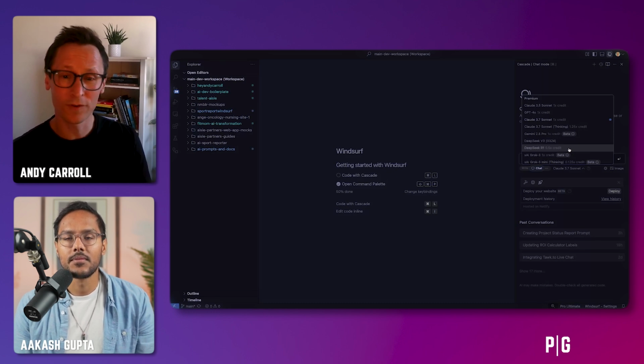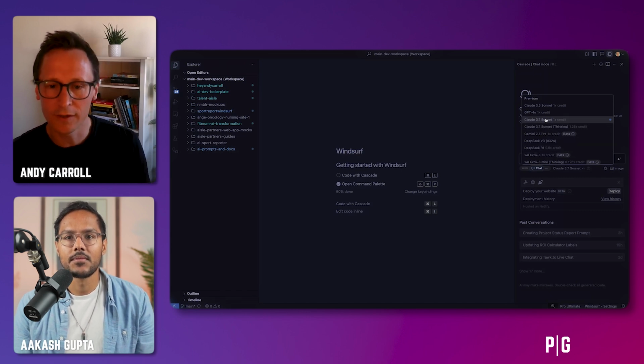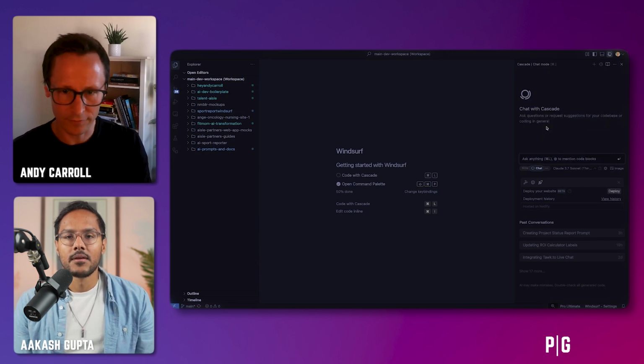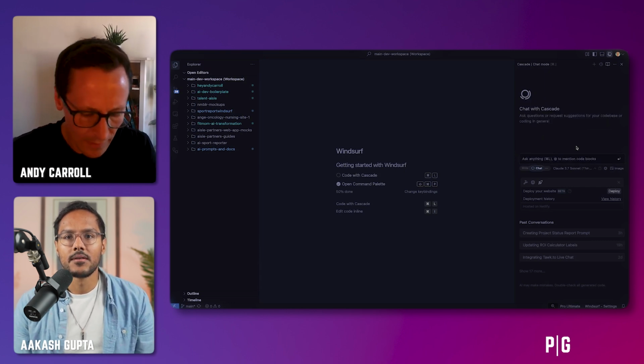And what I've also found really amazing is seeing how these things work, right? So as you're doing that, let's use that as an example. If I pick 3.7 Sonnet and start having a chat, either